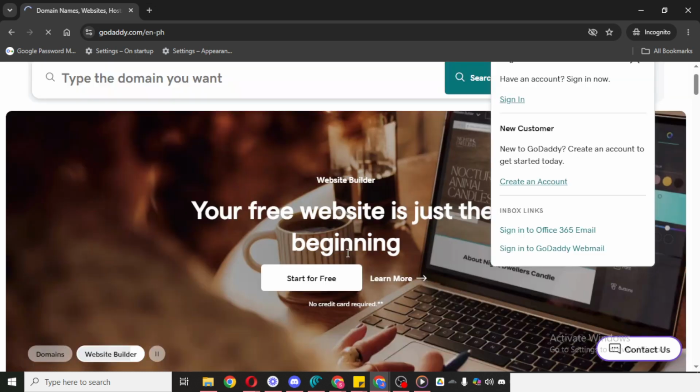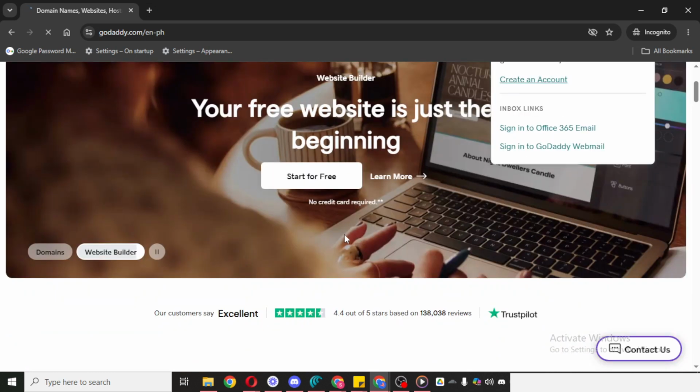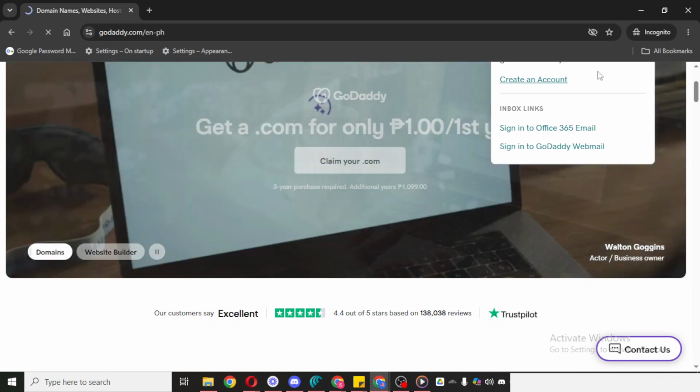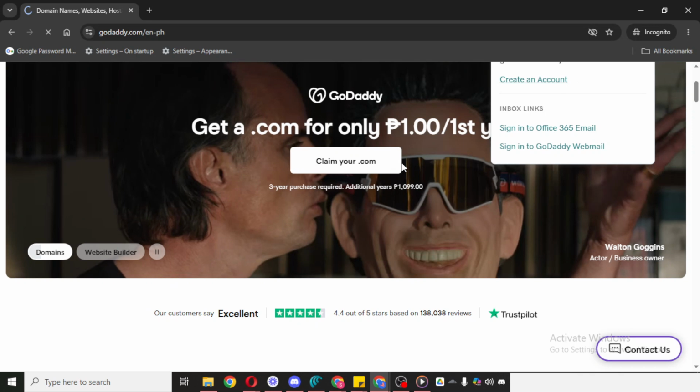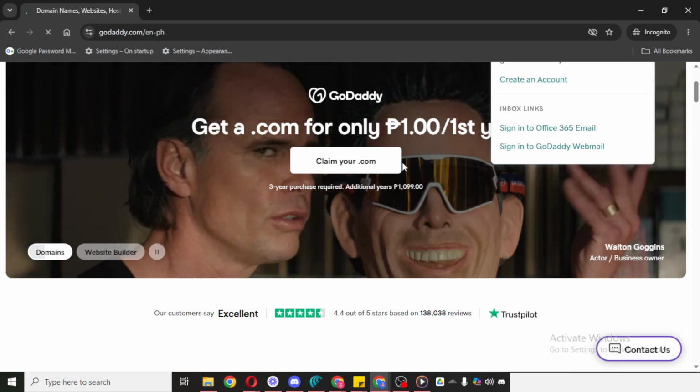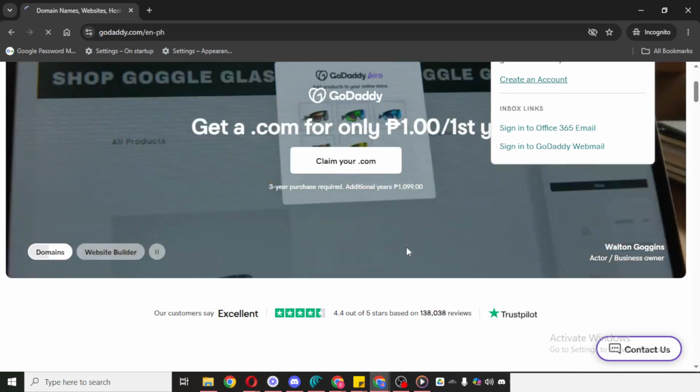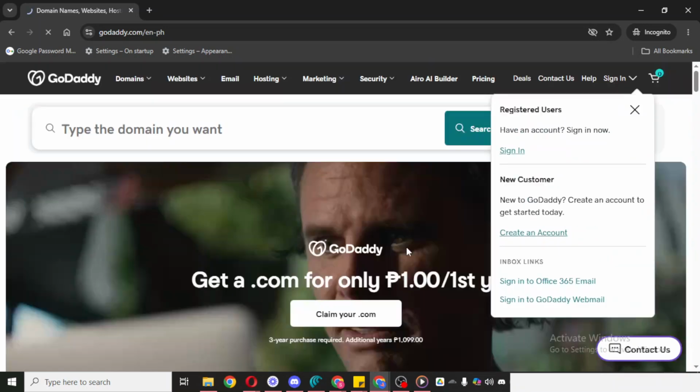Once you do that, continue through the sign-in window. Depending on your setup, you may also be asked to enter your password for that account. Just follow the prompts that appear on your screen carefully. These prompts may vary slightly depending on your device, browser, or whether you're already signed into Google.